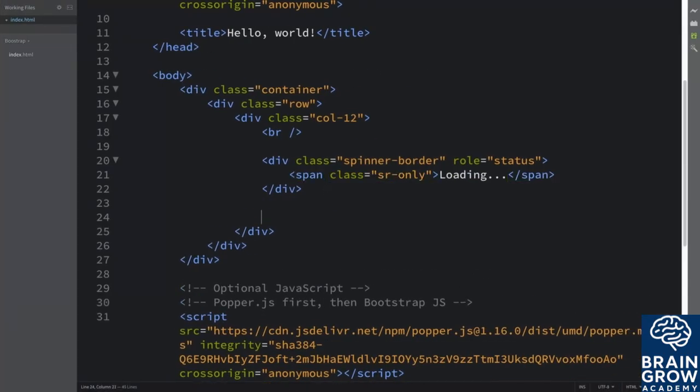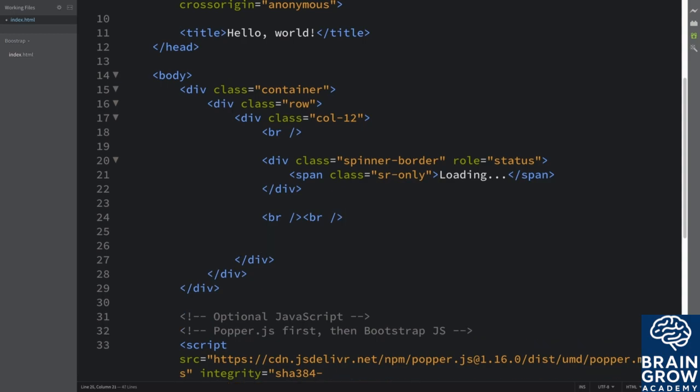Okay, so next, I want to put a couple of break rule tags, just because I remember when I implemented it before the video to test it, it just looked a little nicer with 2. Obviously you would have other content here as well. The next one I want to show you is this sort of almost glowing one. Spinner-grow